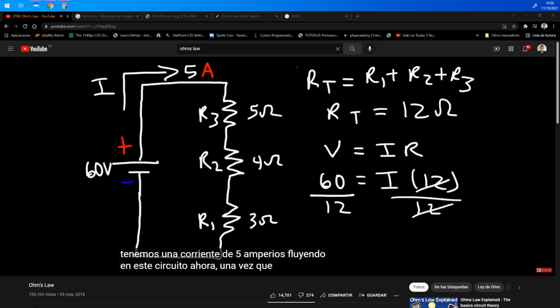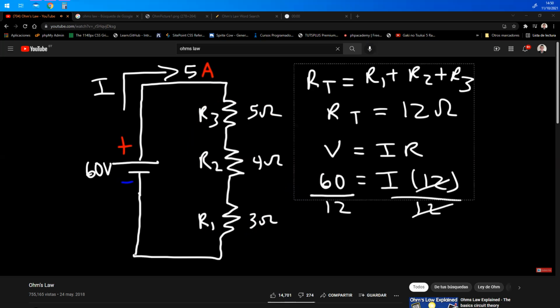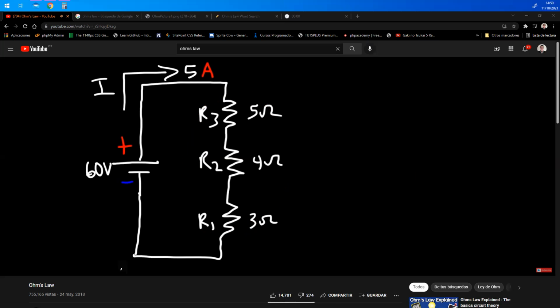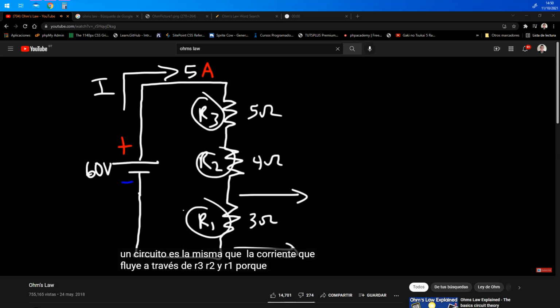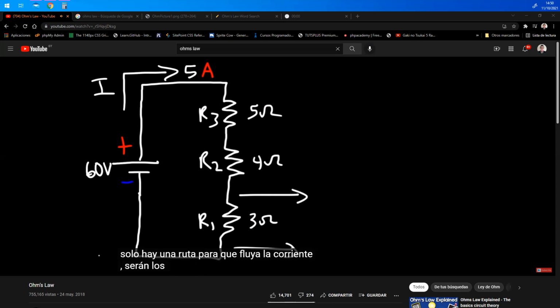Now, once we have the current, we can calculate the voltage drop across each resistor. What is the voltage drop across the first resistor? Now, in this series circuit, the current that flows in a circuit is the same as the current flowing through R3, R2, and R1. Because there's only one path for the current to flow, it's going to be the same,